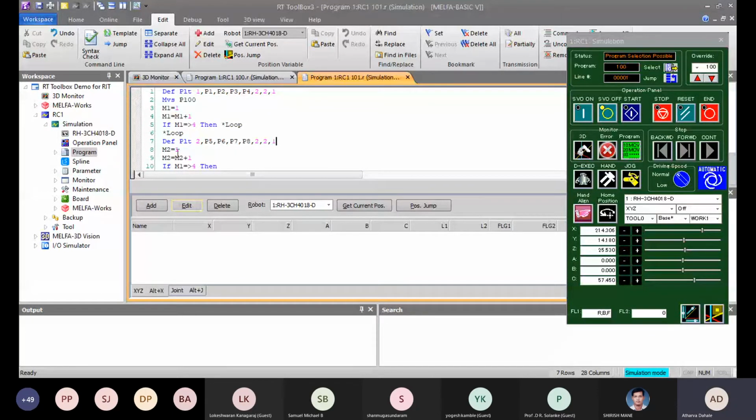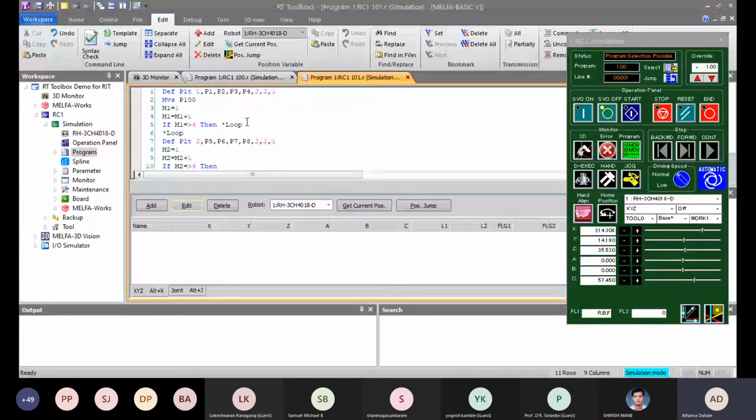Here also I have declared one variable. I have implemented it, and if M2 is greater than or equal to 4, then it will move to a safe position, that is MVS P201, and then it will halt, it will stop its action, its movement. So this is all about the code.